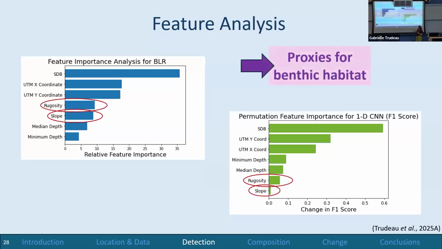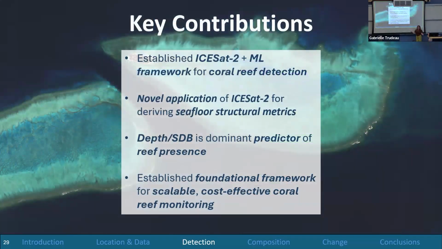But what I want you to see is rugosity and slope. They're not the most important variables, but they are still contributing to both of these models. So we're going to say that they are proxies for benthic habitats. While maybe not the most important, they are contributing, in binary logistic regression more so than the convolutional neural network, but they are contributing. So just to summarize this chapter, I've established a framework for detecting coral reefs using machine